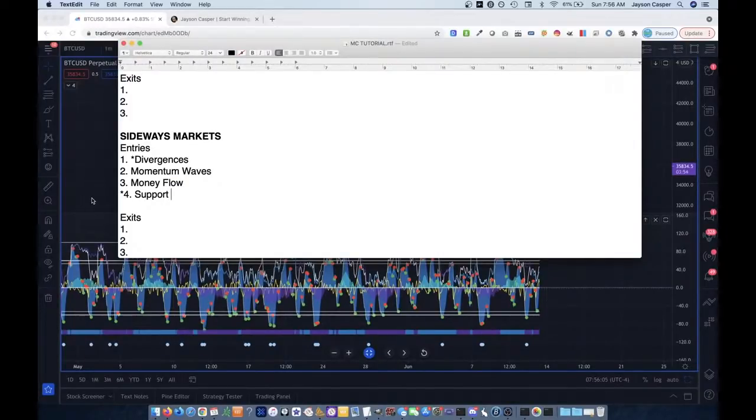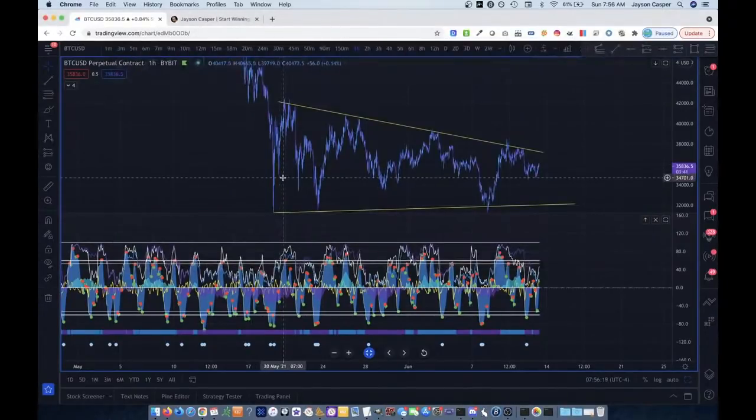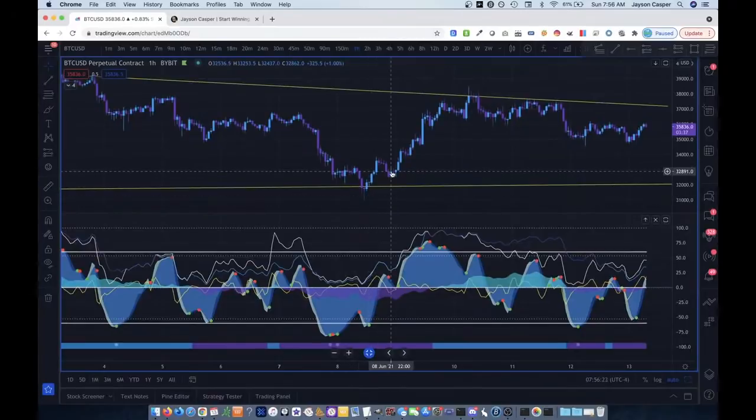This has an asterisk by it because this is not necessarily necessary. But it's still important because it can help us very much in entering into trades, and I'll get into that a little bit later. But now what we're going to be looking for, if we don't see a divergence,